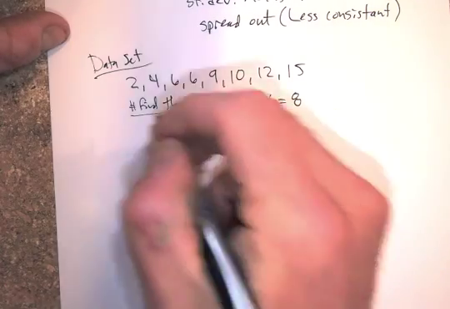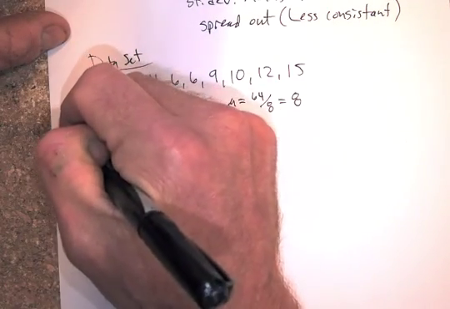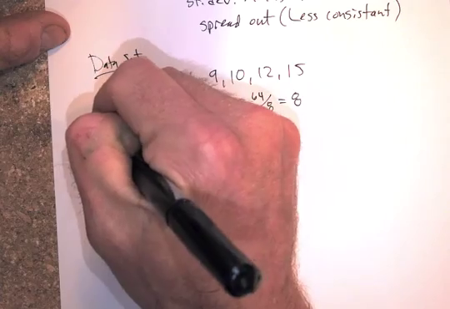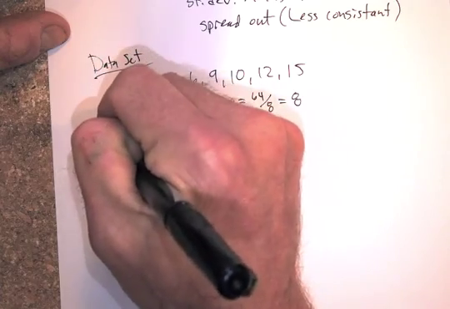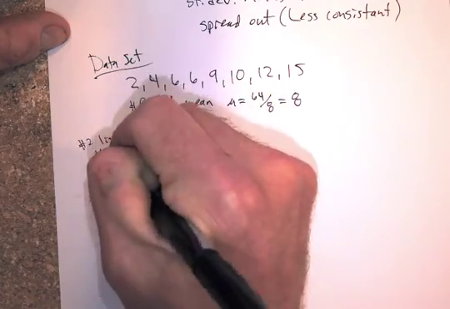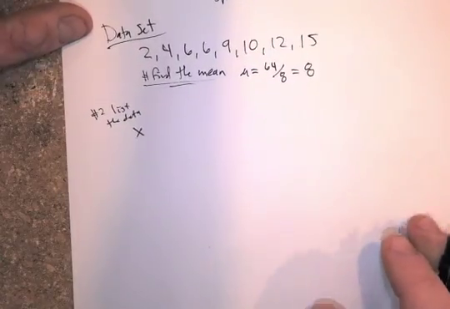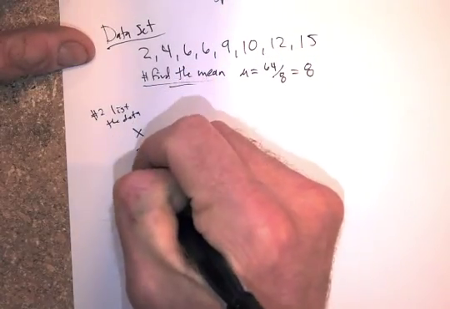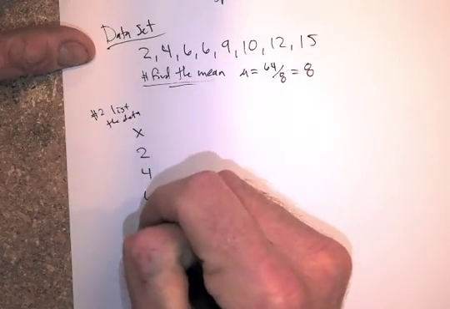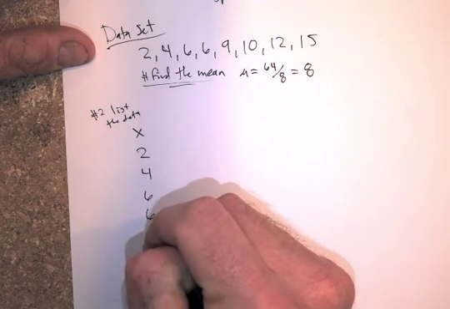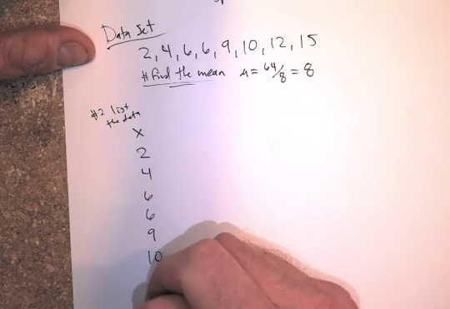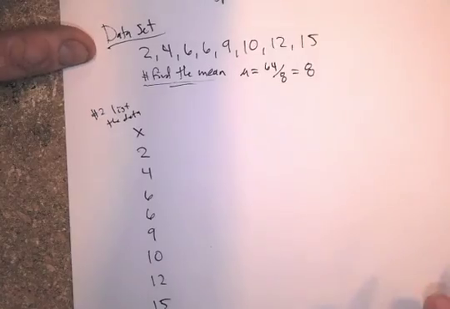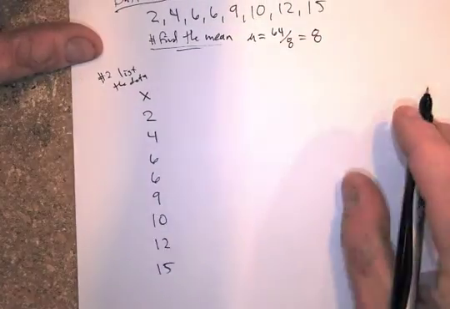Okay, next step is list out your data. I'm going to call the data X just as a variable. So I'm going to list it down here. Okay, list them all the way down. Next step